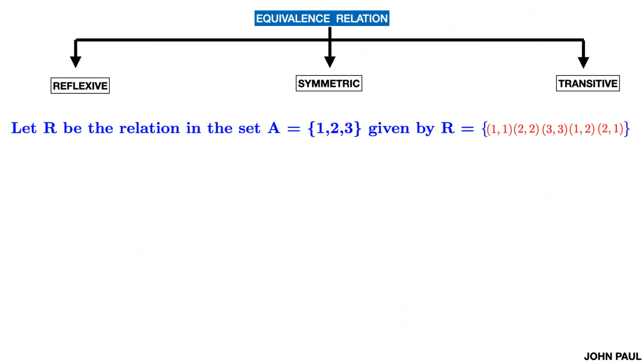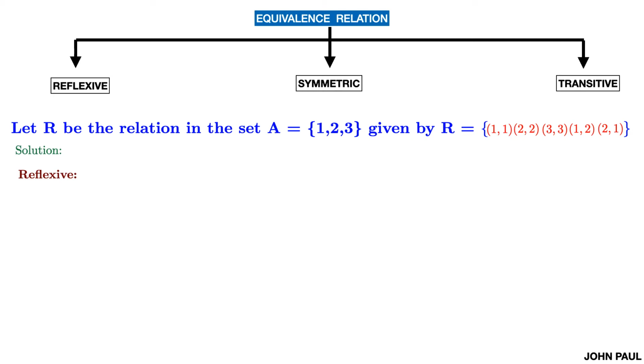Let us see the problem. Let R be the relation in the set A which contains 1, 2, 3 given by R equal to {(1, 1), (2, 2), (3, 3), (1, 2), (2, 1)}. Solution: